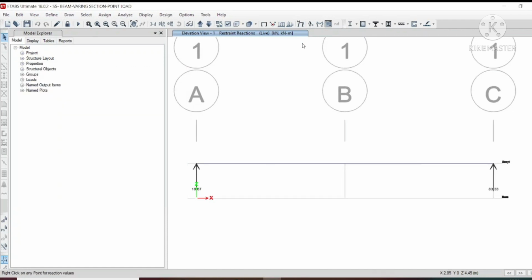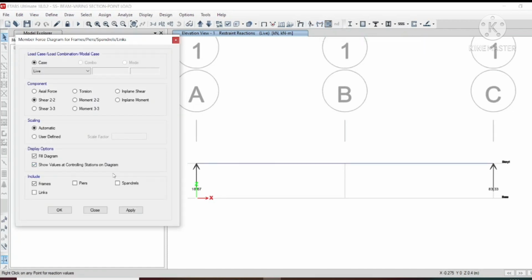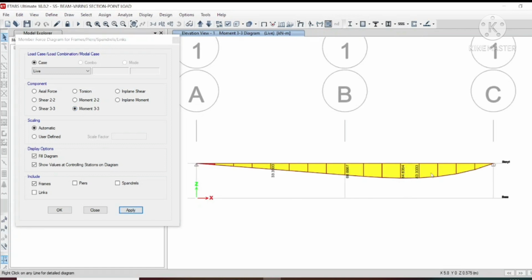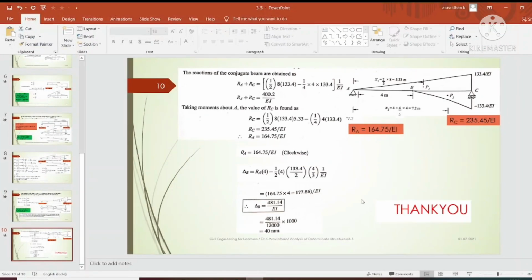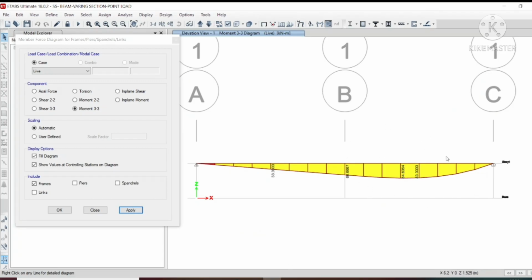Let us check that. So before going to that, let us check the bending moment. So we have a maximum bending moment value of 83.33 and 84. So at this point you have 84 kilonewton meter as your bending moment. So you can see the exact shape of the bending moment. Here we have split it into bending moment for this reaction RA and bending moment for the UDL. So here you have to combine this. If you combine, you will be getting the bending moment as this.